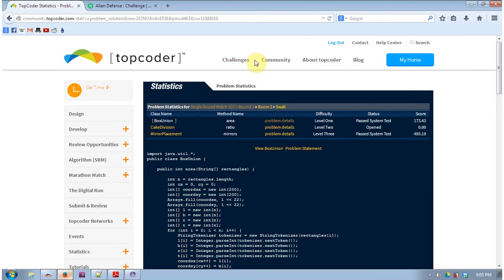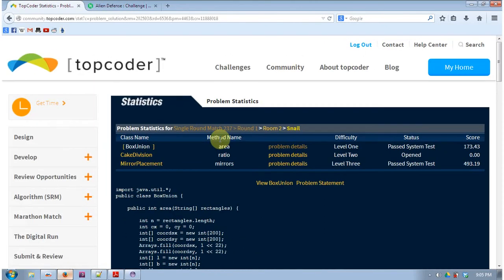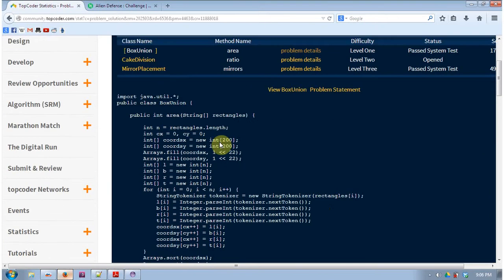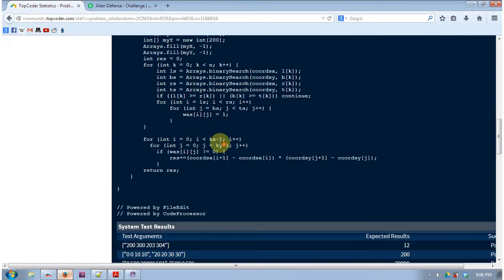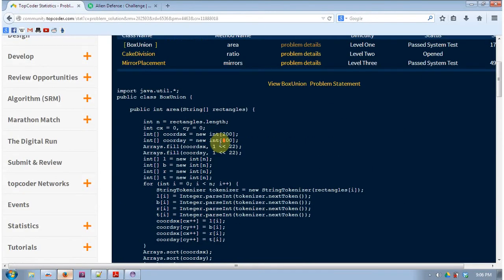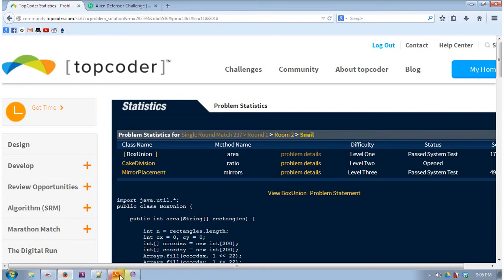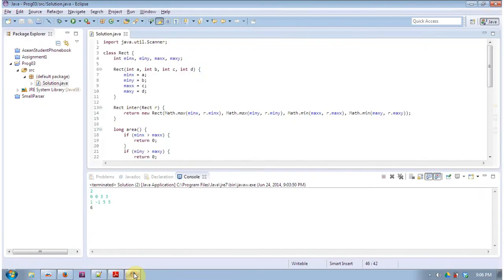So a TopCoder player, Snail, provides a generalized form of finding the union of rectangles. So essentially what Snail did is that,